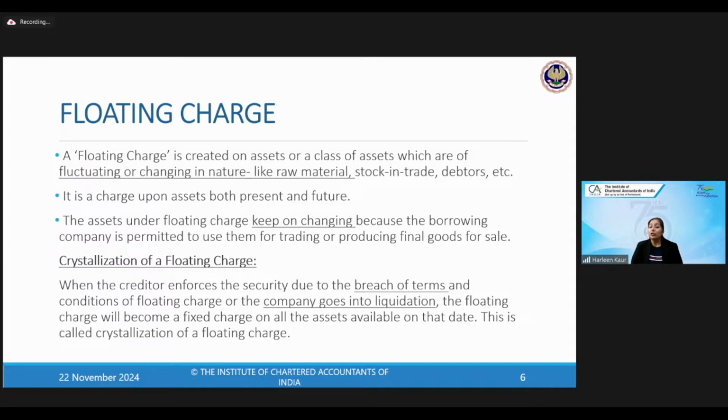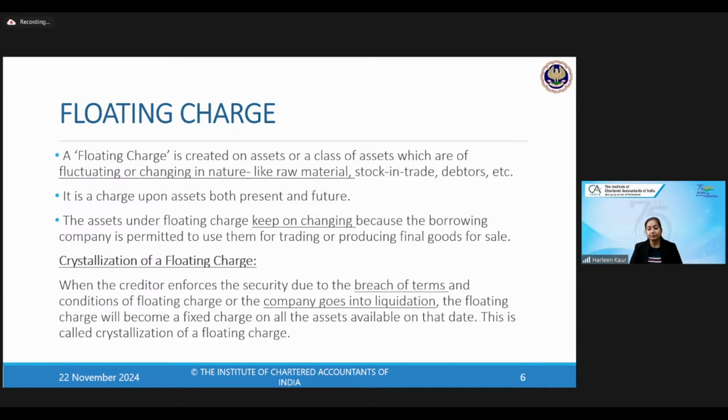Or the company is going into liquidation. Company is winding up. Company is closing its shop. So you're selling off your assets and paying off the liabilities. So like this, everything will come to an end. So the bank came running and said, wait, you can go into liquidation, but my assets should be secured. Please convert them into the fixed charge. Again, on the same date on which the value of the goods, they will become the fixed charge at